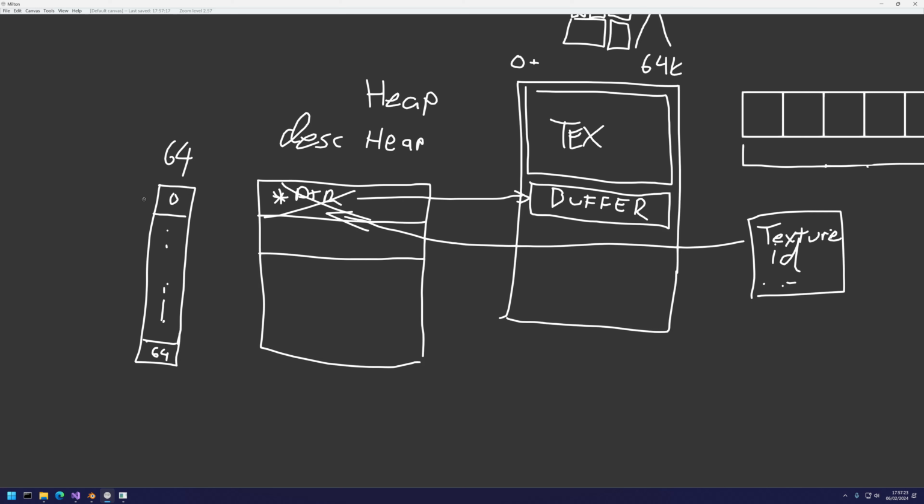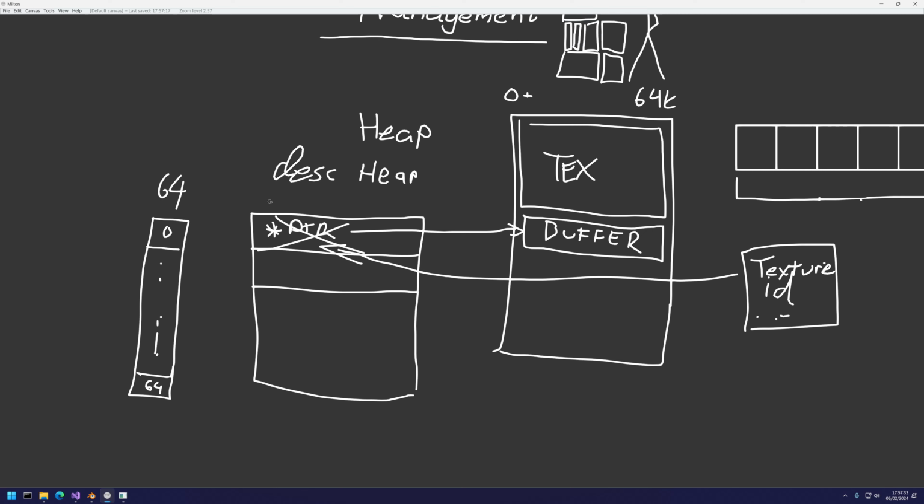So we could just use the bit mask to tell what is free and what's not, because the increment size for each descriptor would always be the same, given that you need to tell the descriptor heap when you create it what is the type of descriptor that it contains, like shader resource views or constant buffer views